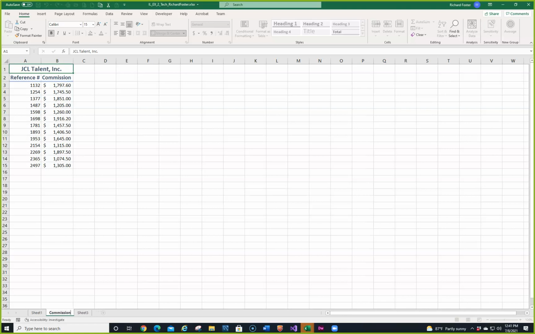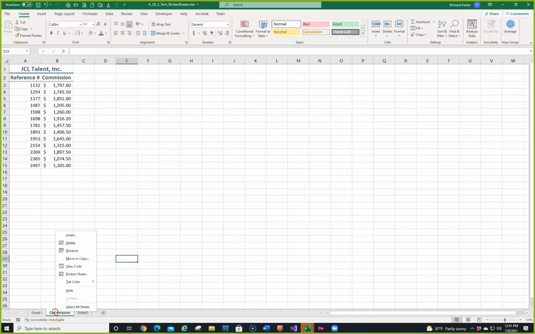Now remember, make sure you spell it correctly, because if you type in commissions or something else, then it's going to mark you off. It'll say expected commission tab to be named in there. So then we want to change the tab color